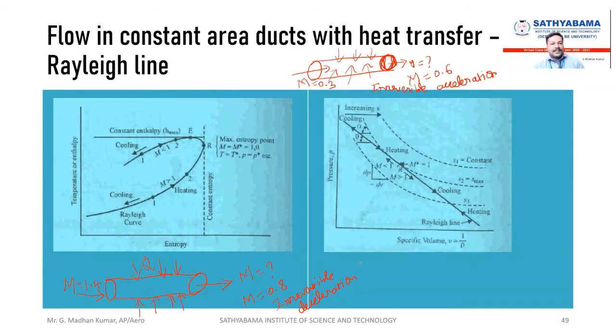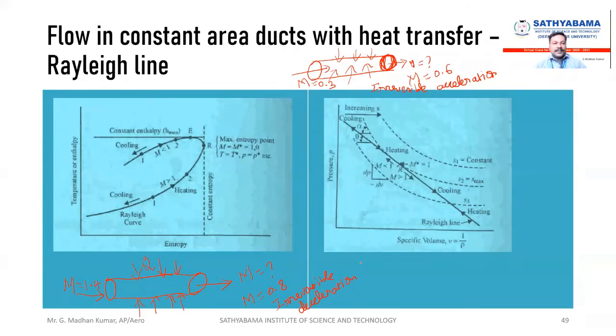So this is the basic difference between irreversible acceleration and irreversible deceleration. We have discussed Fanno flow, and this is the fact behind Rayleigh flow: irreversible acceleration and irreversible deceleration, similar conditions, but here the enthalpy is going to increase. That is, the temperature of the system is going to increase. Here you are also adding heat, so enthalpy increases as well as temperature.